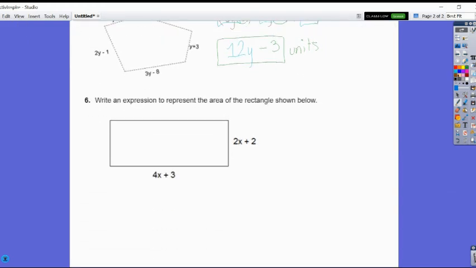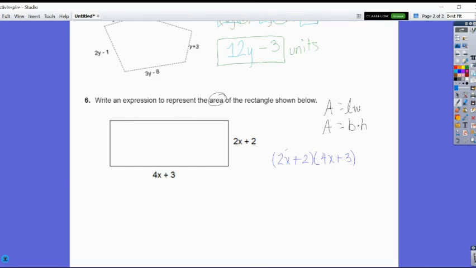Number 6 wants me to write an expression to represent the area of the rectangle. So area of a rectangle, sometimes you see it written as length times width, sometimes you see area of a rectangle written as base times height. They're both doing the same thing for you there. So I'm going to take my one side, 2x plus 2 as my length, multiply that by the width, 4x plus 3. So when you look at this multiplication problem, binomial times binomial, you've got to recognize we need to